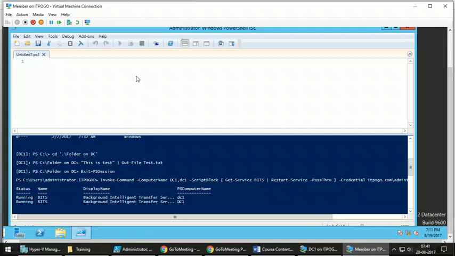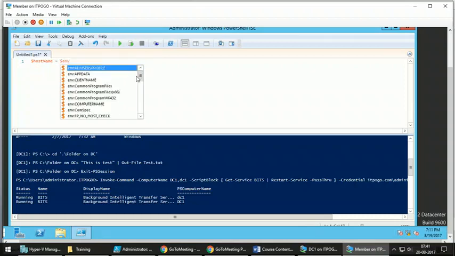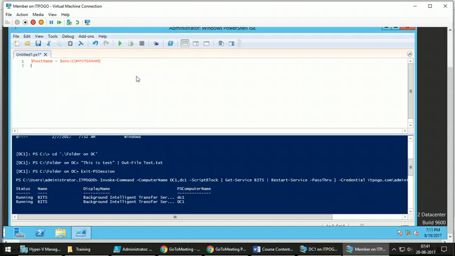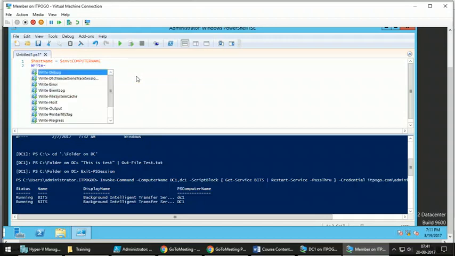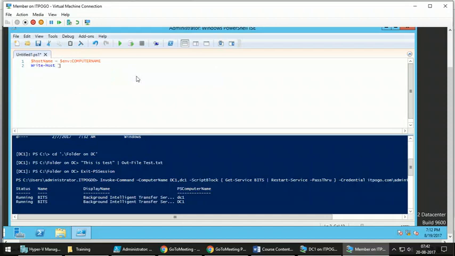In that script, what I will write: $hostname is equal to $env:computername, and Write-Host "I am" from $hostname.